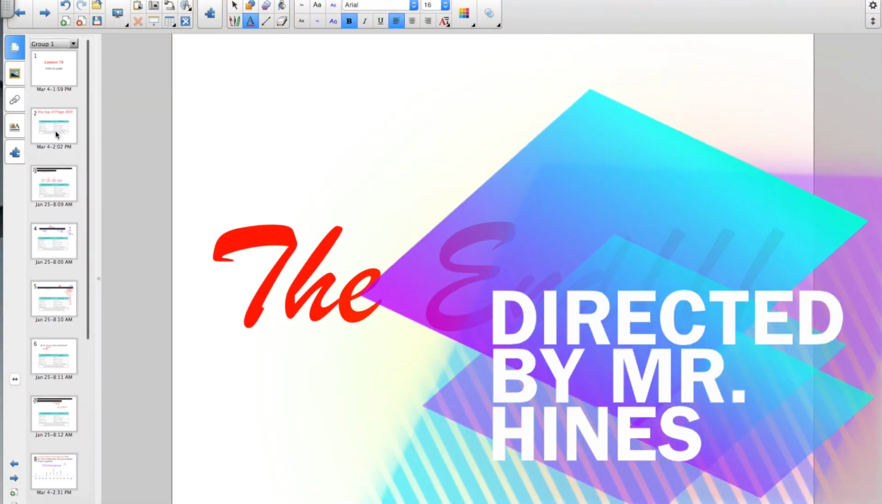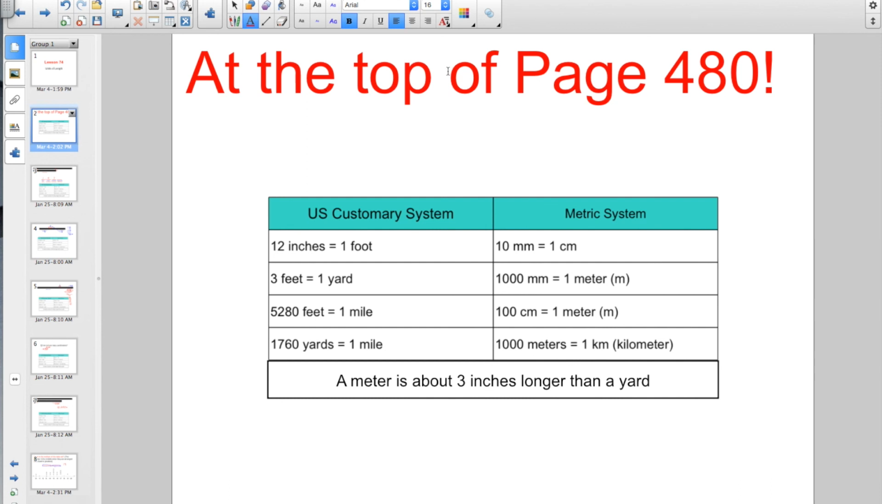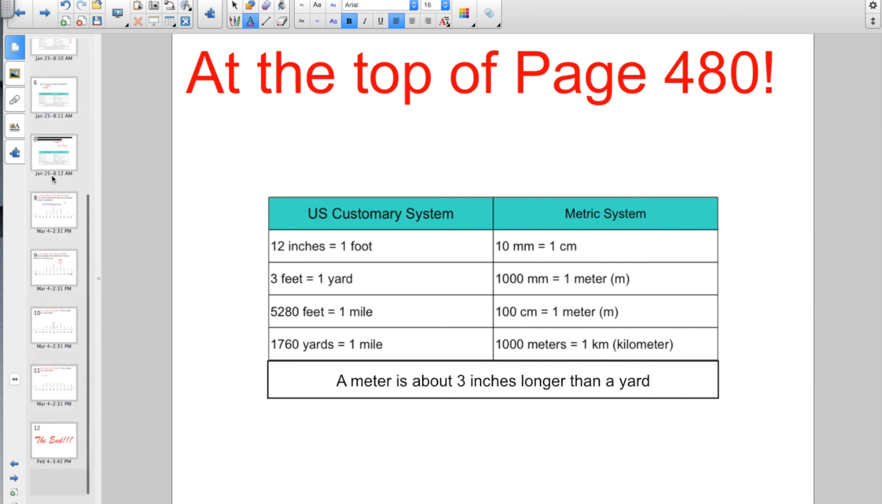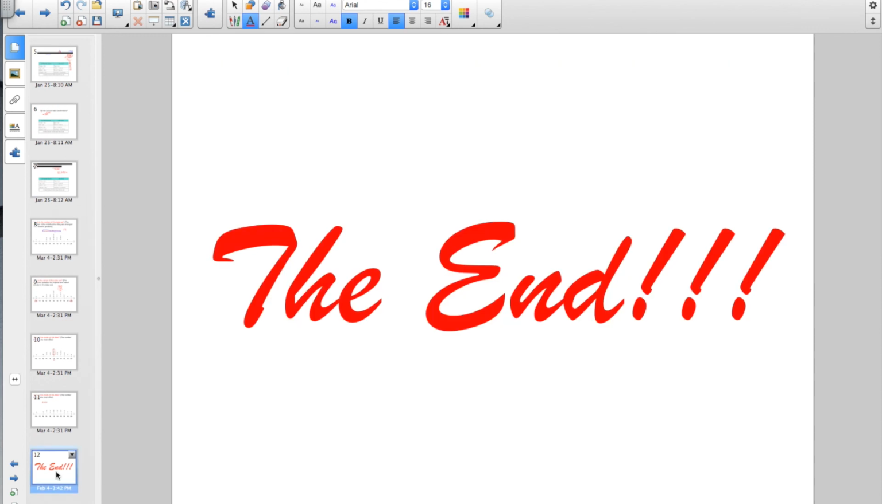All right, that is the end. I cannot stress enough, you will want to have your book opened up to the top of page 480. You're also going to want to scratch a piece of paper. Good luck on the Socrative quiz, and